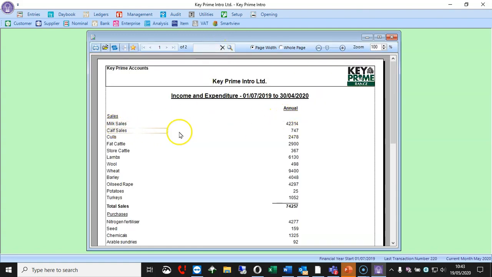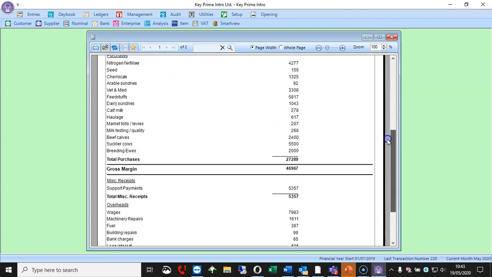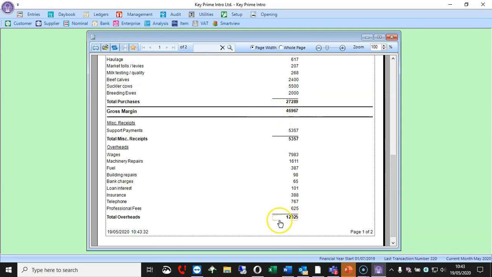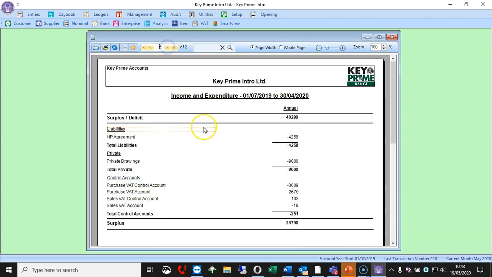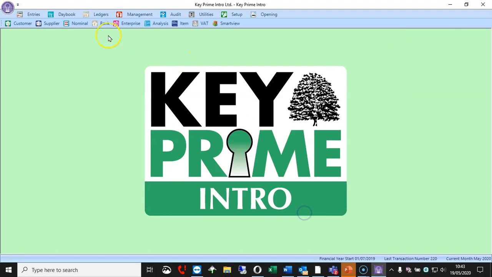So it will give you a total of what has gone through each nominal, and it will give you a gross margin, and what's gone through your balance sheet items, plus the control accounts being the VAT. So that is just a bit like giving the accountant that nominal summary report.